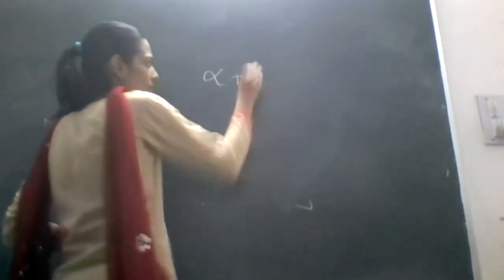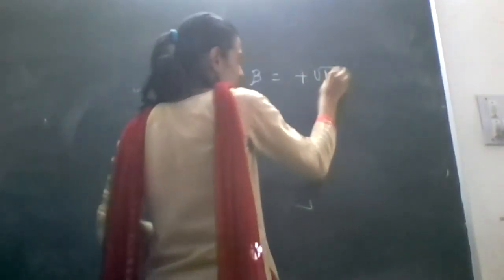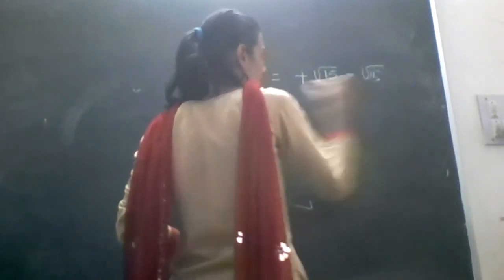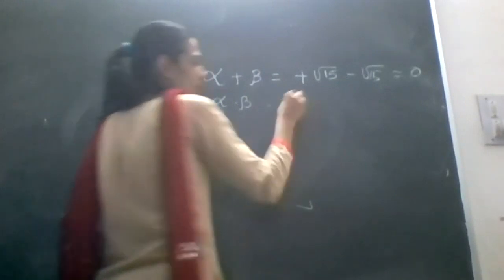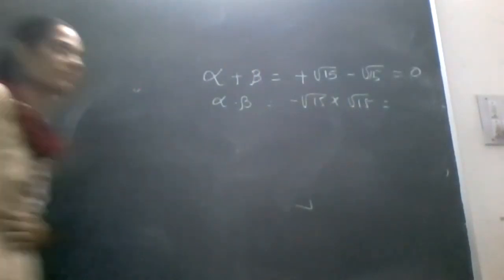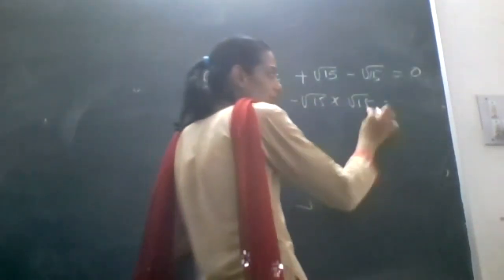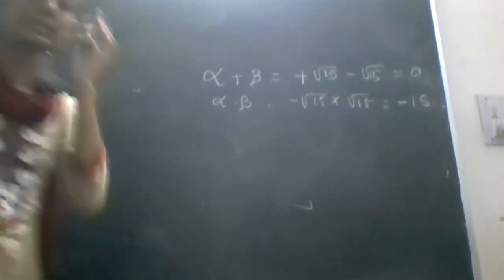So here you have got that plus and minus 50 as zeros. Now first we are finding alpha plus beta. What is alpha plus beta? Plus under root of 50 minus under root of 15, it will be 0 only. And alpha into beta is minus under root of 15 into plus under root of 50. So what are you going to get? Minus 50 also. Under root of 50 into under root of 15 is equal to 50, and plus minus 15, you are going to get it.